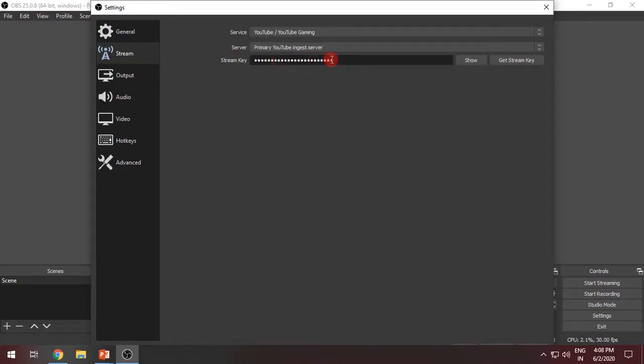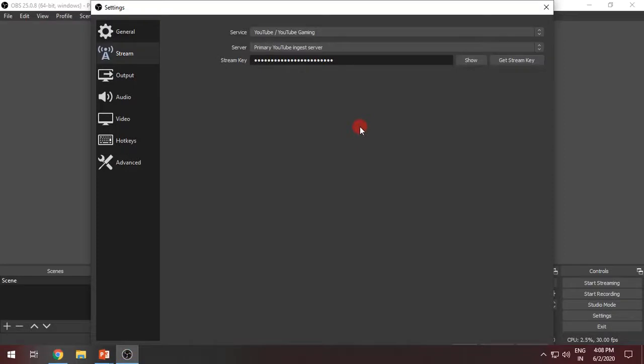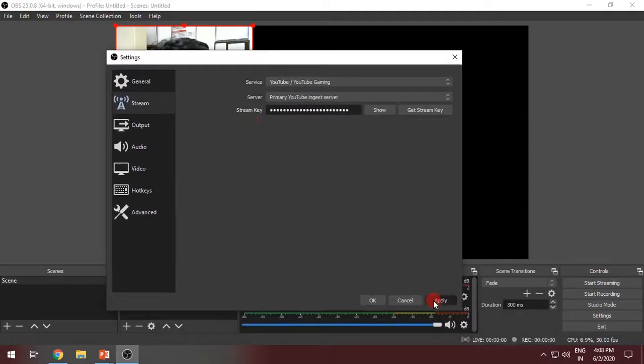Now it is pasted. If you still want to verify, you can click show. It starts with XR2M, and hide it again. Go to the browser. You can click on show, which will be there for 10 seconds, and you can see XR2M and BJSH. So we can say that the key is the same. We'll go back to OBS again, and now this setting is done. I'll just minimize this and we'll say apply.